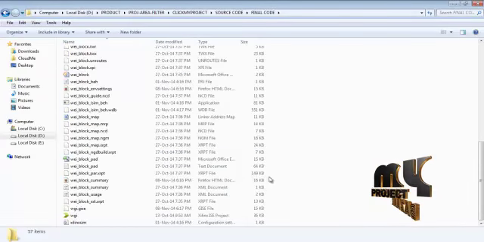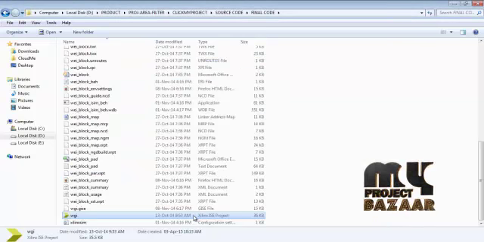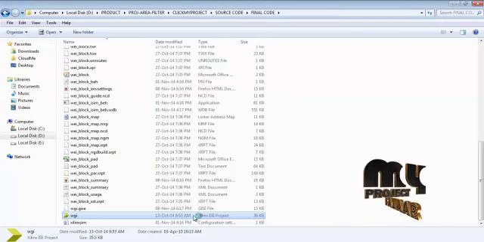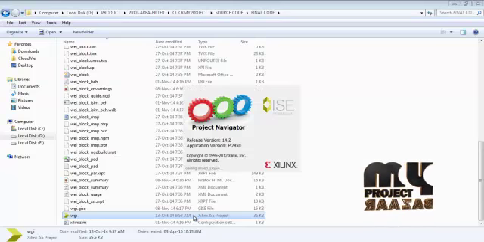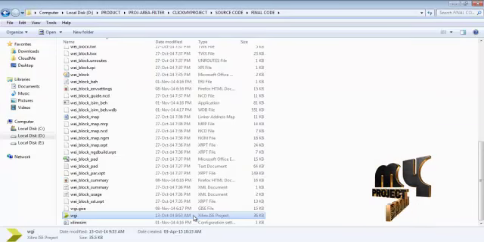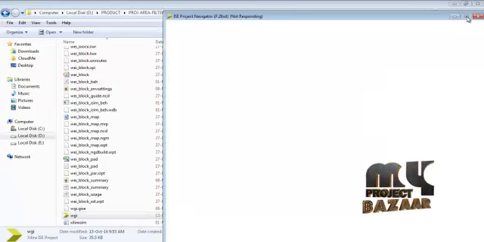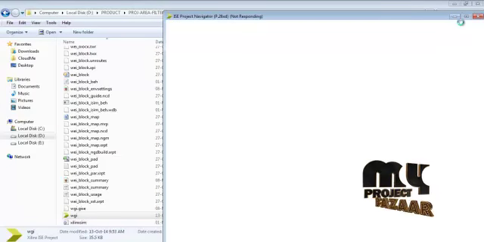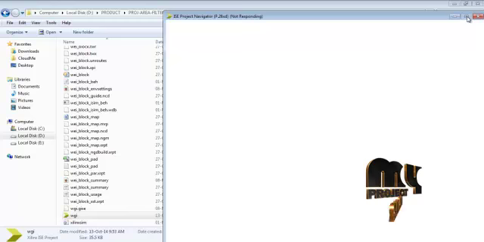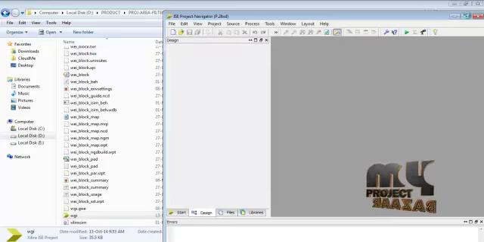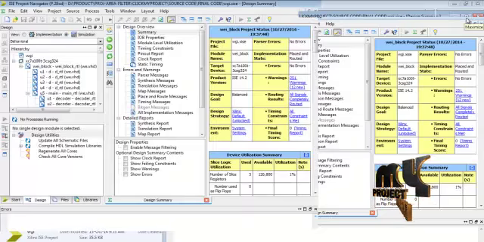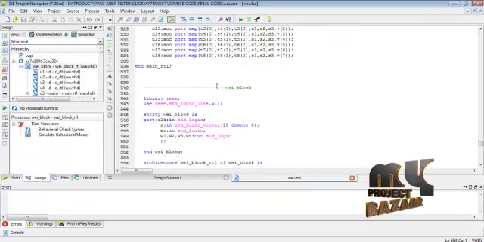First of all, we open our processing folder, then we open the Xilinx ISE project. Our program is developed in VHDL language.